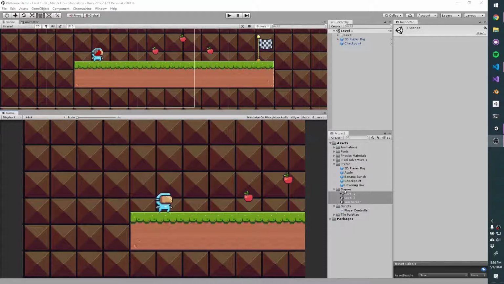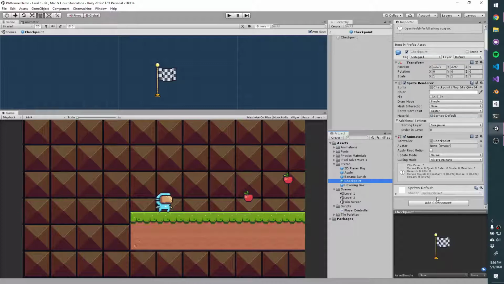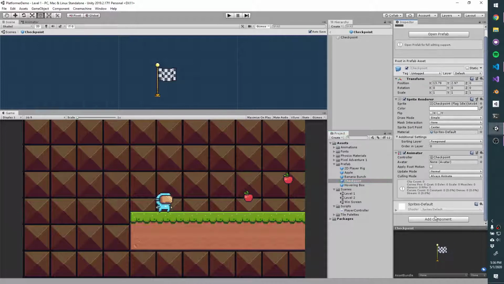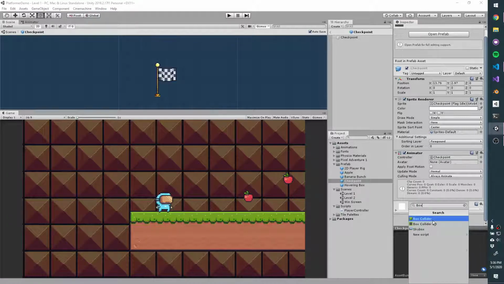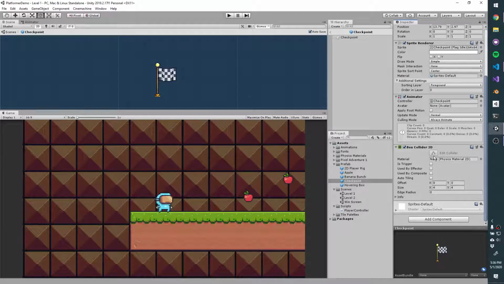So let's edit this prefab. I'm going to double click this to go into edit mode for the prefab, which means that now any changes I make here will be applied to any instances of that prefab across my scenes. When we want to detect when the player collides with this, we need to add a collider. So I'm going to add a box collider 2D here, and